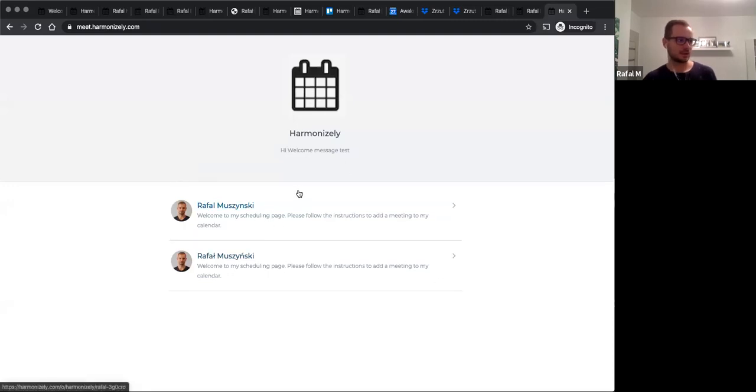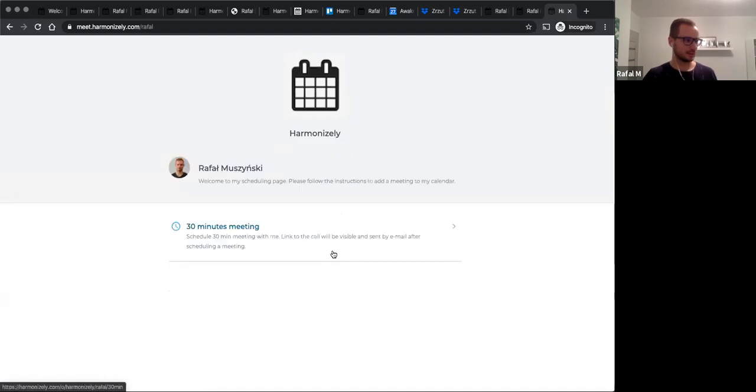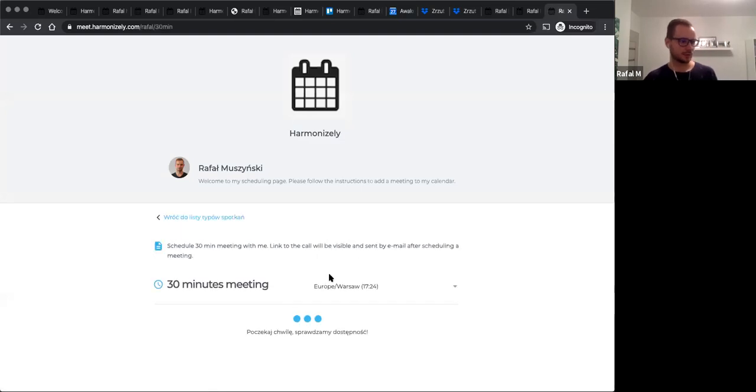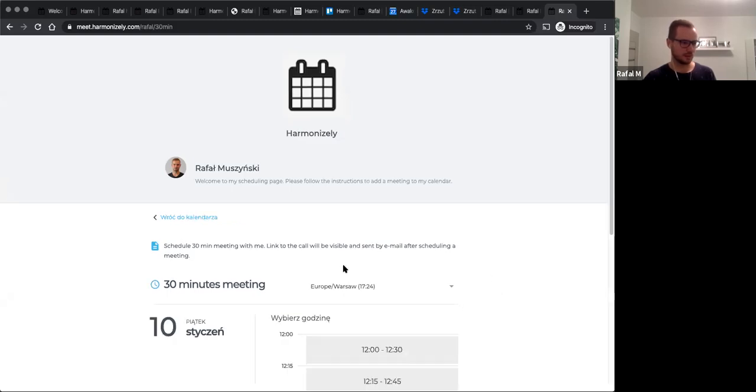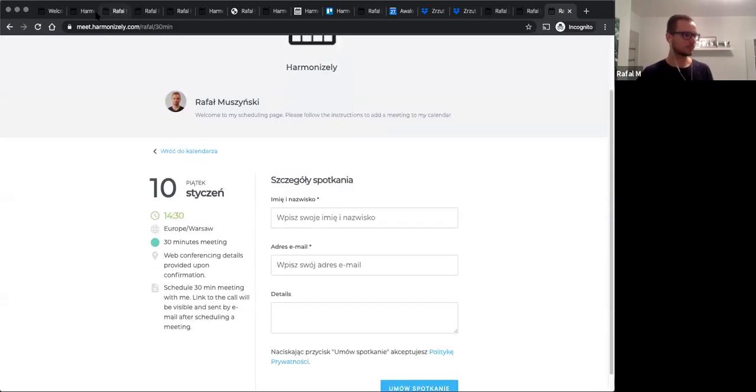So this is your company or organization scheduling page. And let's say you can choose, I don't know, engineer or salesperson, and you can book a meeting with that person. So yeah, I choose now the person, and I have the meeting types here listed for each of the users. And yeah, I just go through the whole process of booking the meeting with that specific person. Okay,